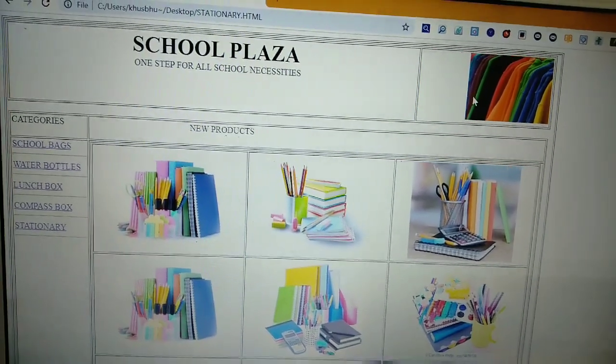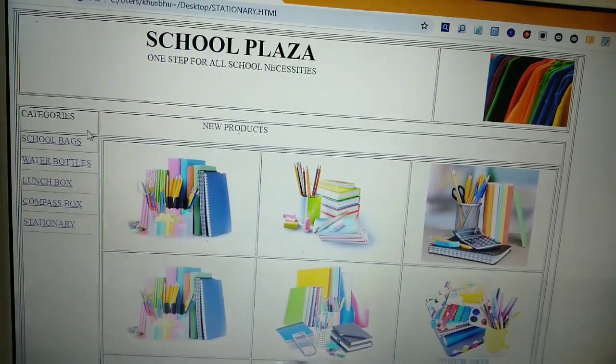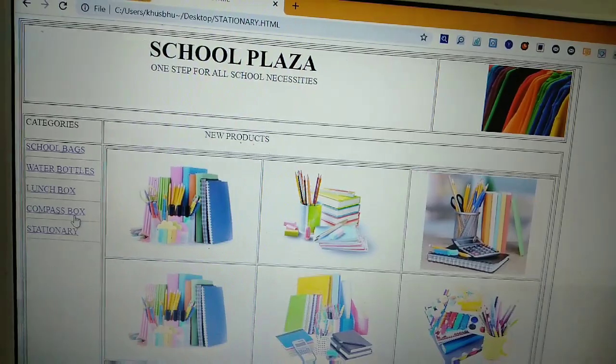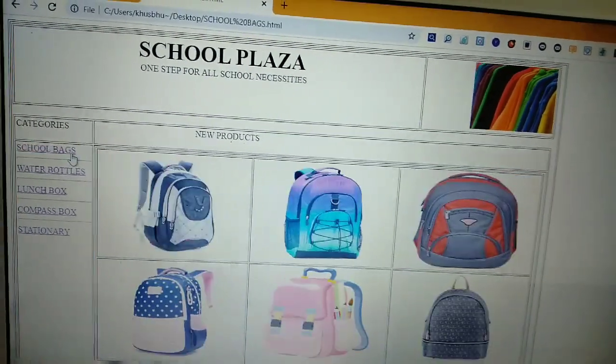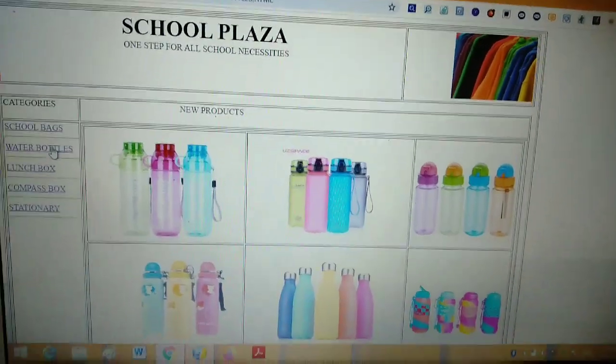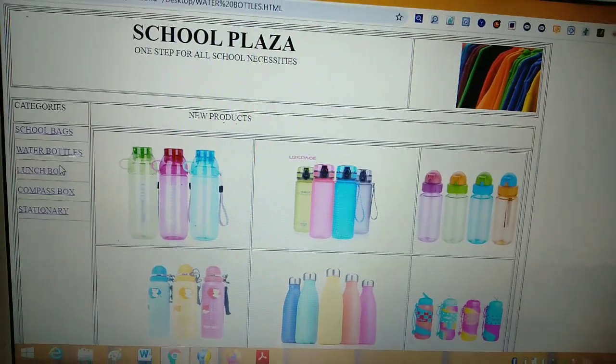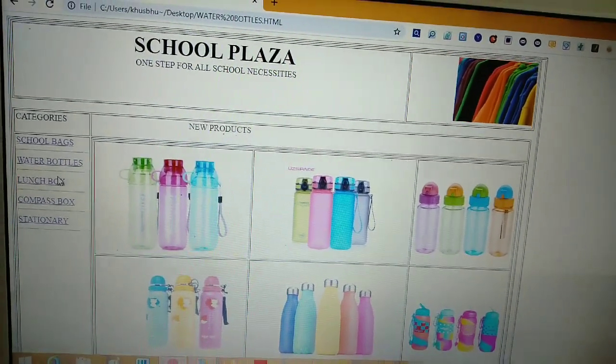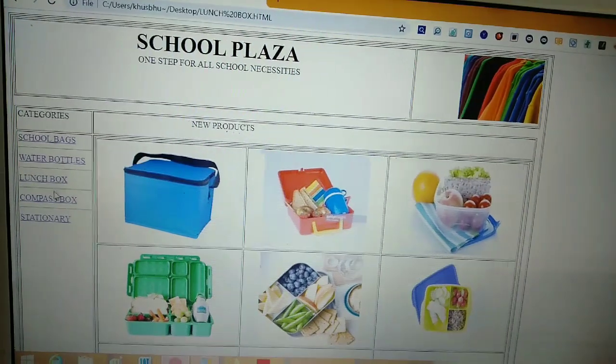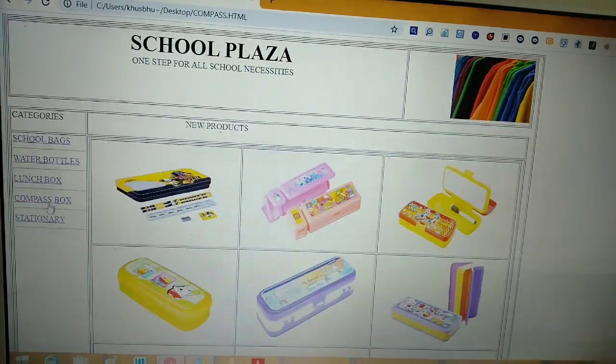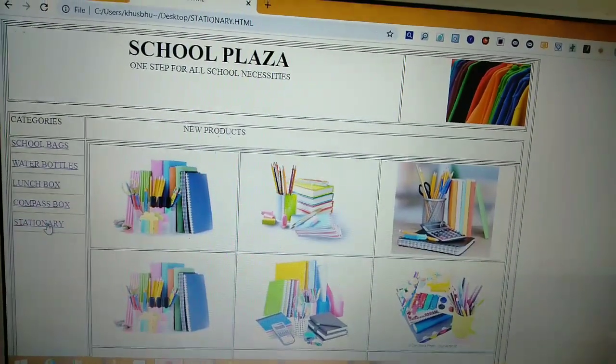This is the image of my website, and there are different categories of my website. That is school bags, second is water bottle, third is lunch box, fourth is compass box, and fifth is stationery.